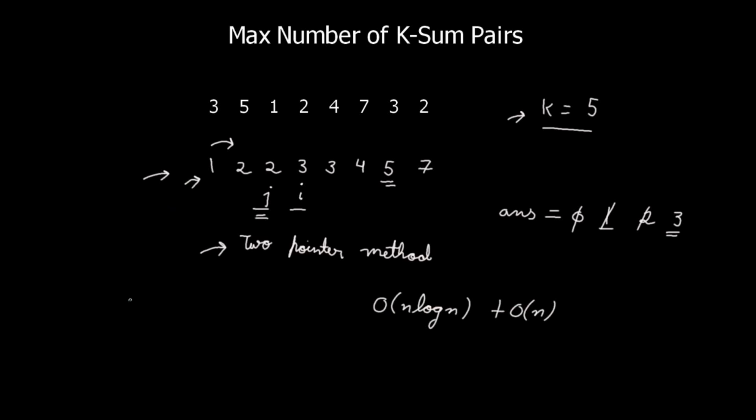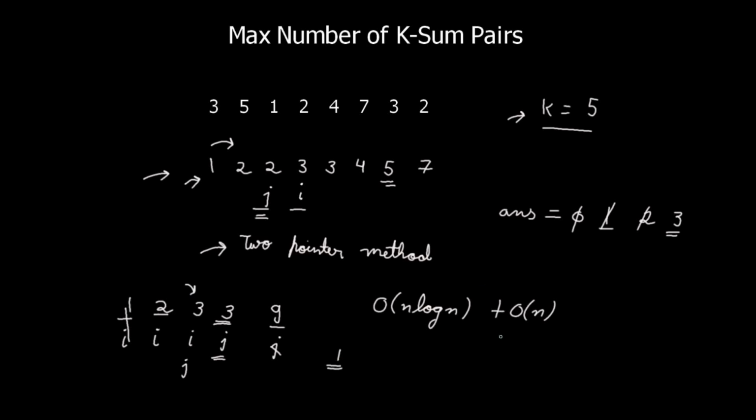Let me give you another example. Here's our i and here's our j. Currently the sum is greater than 5, therefore j decreases and it reaches here. Now the sum is 3 plus 1, which is 4, less than k, and therefore this time j stays there, but the value of i increases and therefore i reaches here. And now the values i and j are pointing to, their addition is indeed equal to 5, and therefore both i and j change. Now as i and j have reached the same spot and one integer cannot be taken twice, our loop breaks and our answer in this case is only 1.